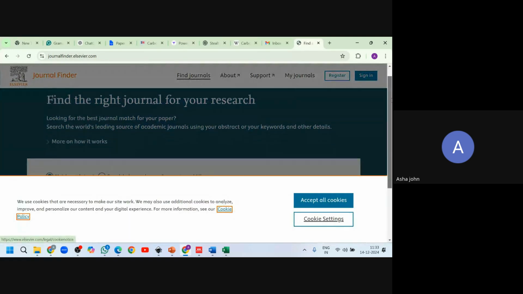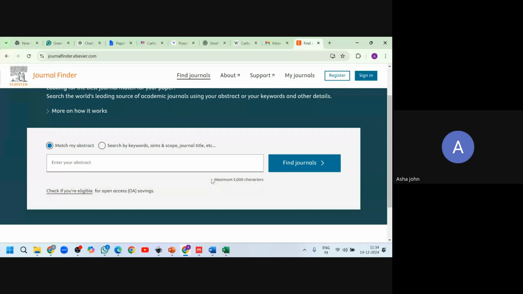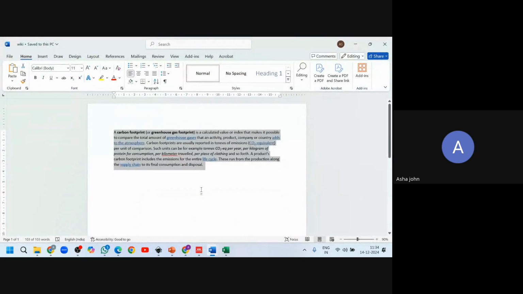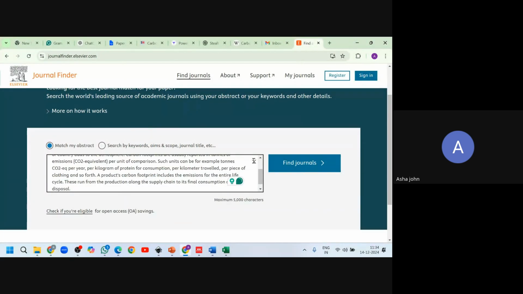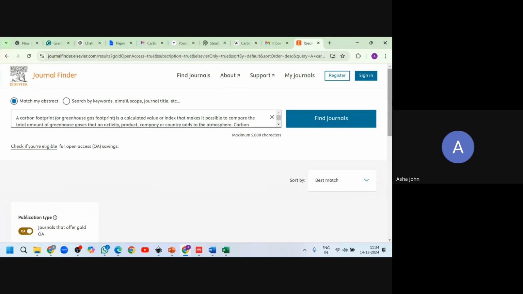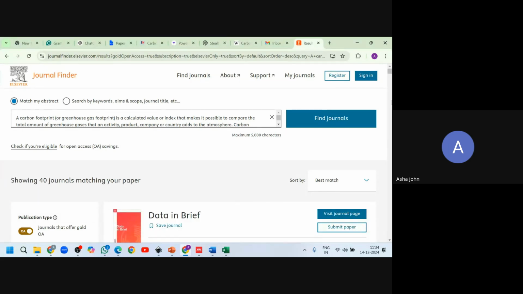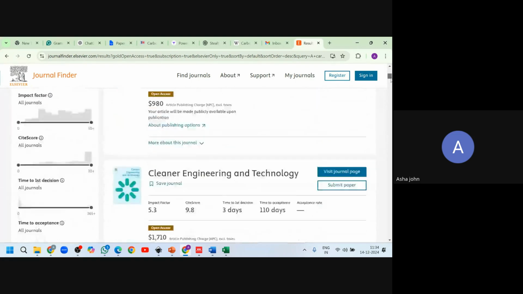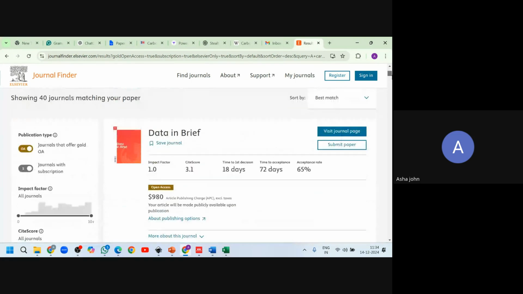I go to this website. I can paste my abstract or I can search in terms of my keywords. I'm just going to paste this carbon footprint here and see what I get. Find journals.